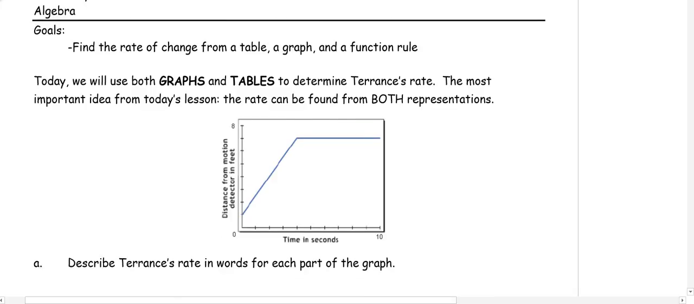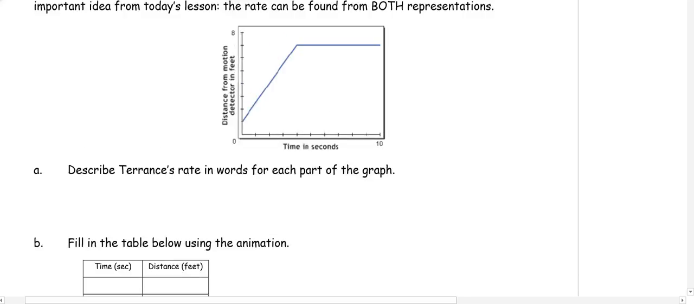So in the first one, we're given a graph, and we need to describe Terrence's rate for each part. So we're going to describe not just by number, but what it means. So in the first part, if we want, we can call this A and B. So in A, he's moving away from the motion detector at a faster rate. So we're going to say A, we're going to say what he's doing,